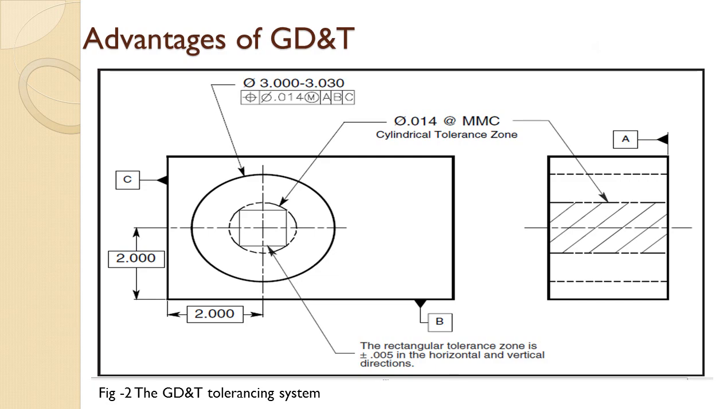Let's see the advantages of GD&T. There are three advantages of the GD&T tolerancing system over the conventional tolerancing method. The first one is datums. Datums are used to position the features relatively. Second, maximum material condition. With the material modifier symbol in the feature control frame, we can get bonus tolerance. Third, with the diameter symbol in the feature control frame, we get a cylindrical tolerance zone, which is 57% more tolerance than